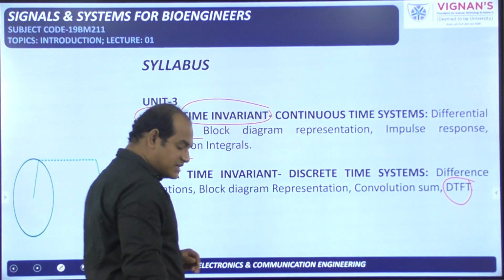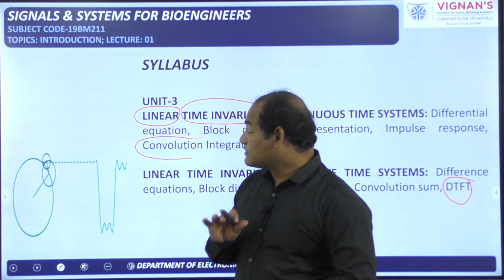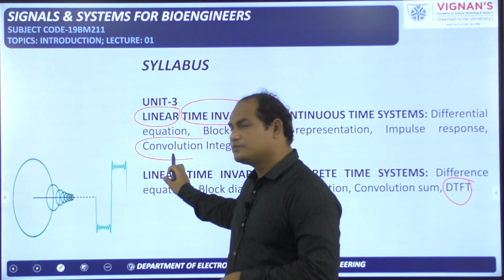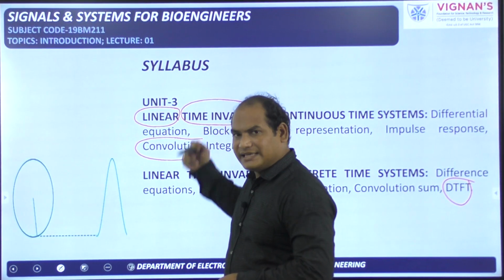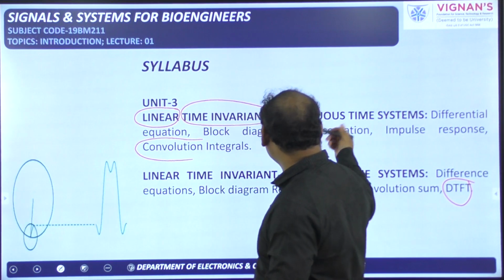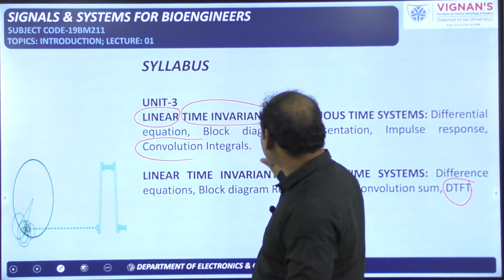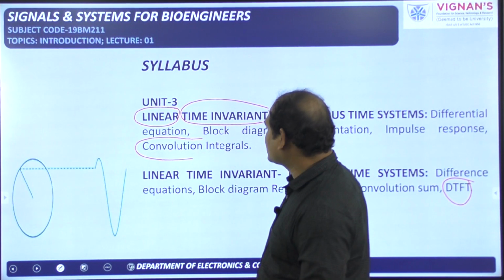Basically, convolution is for finding the overlapping portion between two signals, and there is one separate unit, the fourth unit, where we will see about this convolution. Here we will study the properties of the LTI system for the continuous time domain and for the discrete time domain also, and we will study the block diagram representations. All those things we will see in our third unit.